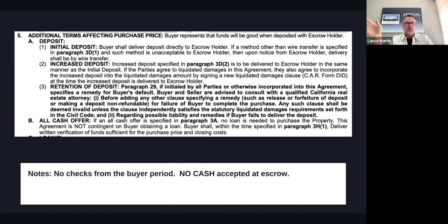She just said, screw you, I don't want to buy this house. Well, she has $10,000. If Alma did that and the buyer defaulted, for no reason laid out in the contract, it's not a contingency, it's just, I've changed my mind 2 days before close of escrow, maybe I've already removed all my contingencies, the property's appraised, everything's great. What this says is Alma's $10,000 is at risk and buyer's $10,000 deposit per paragraph 29 is going to be